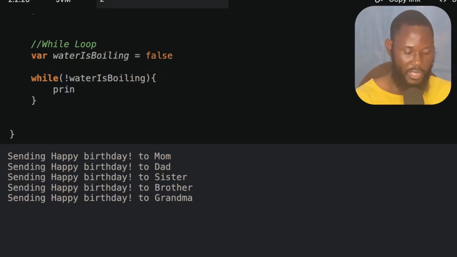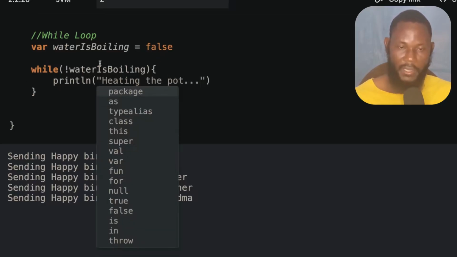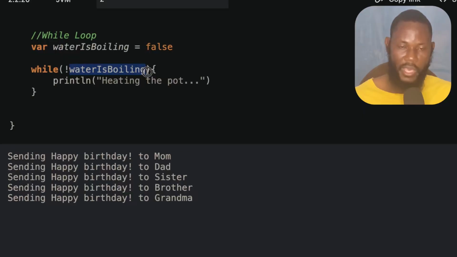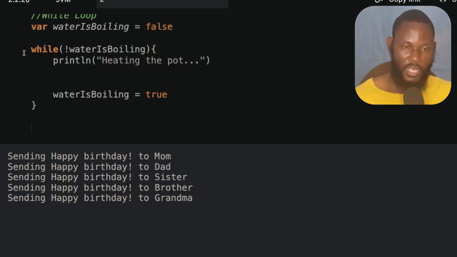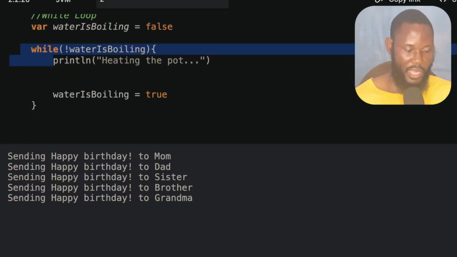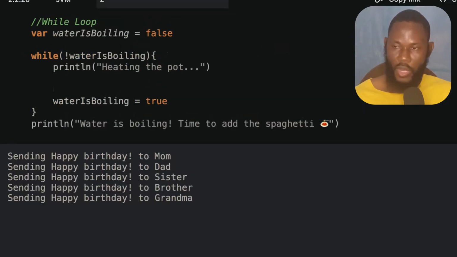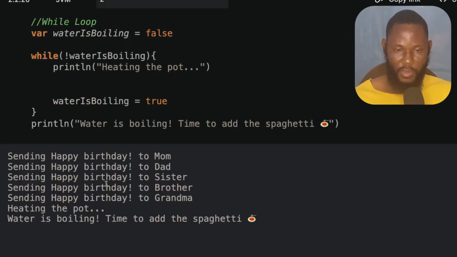We just print a message saying heating pot. And this will keep running until the boolean variable here becomes true. We can update this to true here. So outside the loop, we can print a message that will show only after the loop has completed. So now when you run the application, it starts from the water is heating. As soon as it becomes true,